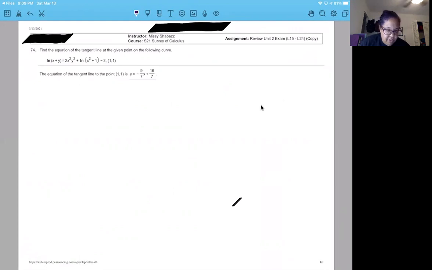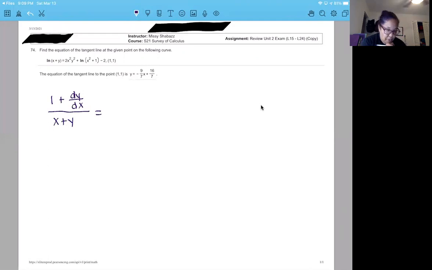Find the equation of the tangent line at the given point on the following curve. So what we have here is an equation that we're going to have to differentiate implicitly. So let's start with the derivative of the left side. So the natural log of x plus y. So I'm going to take the derivative of the inside, which is 1 plus dy dx, over the inside, x plus y,